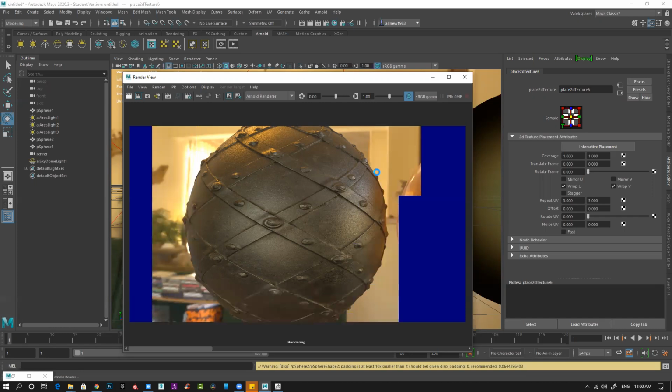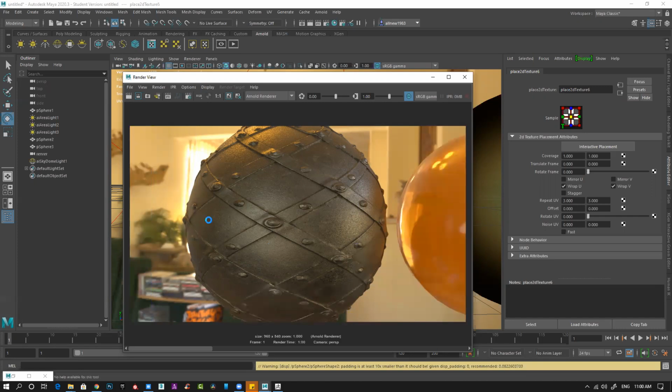So now you can see all the details nicely. You can see everything is generated in geometry. Everything is part of geometry, and it's nicely detailed and gives you a very good quality result. So this is something you achieve with the help of displacement. And if you want, I can show you one more setting with normal map.